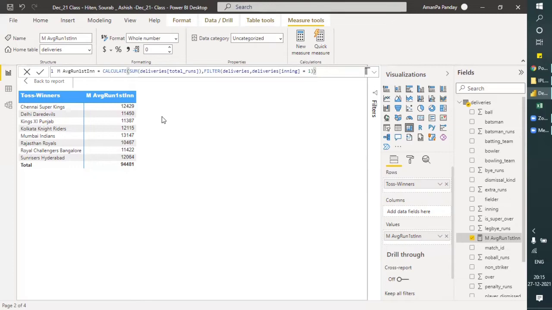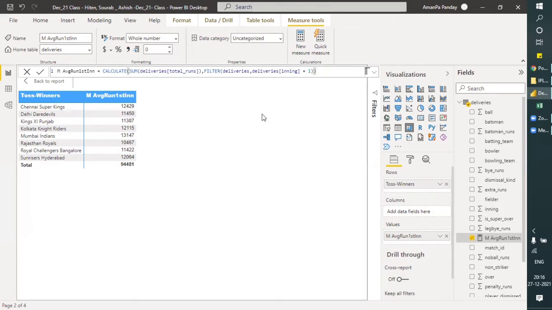Sir, I've just rejoined the session because my laptop went down due to low battery. No problem. Just have a look at the DAX expression or the formula. If you are not able to understand, then let me know. Kailash and Saurabh, and we also have Aman, Atulya. Yes, please go ahead, Kailash.